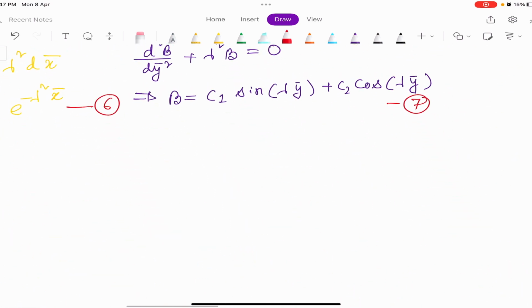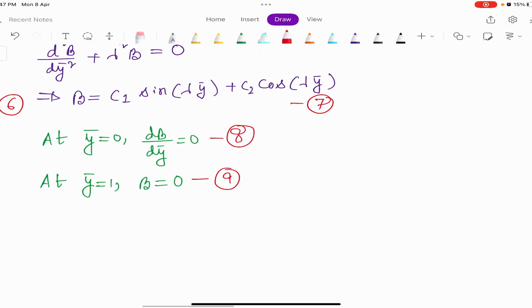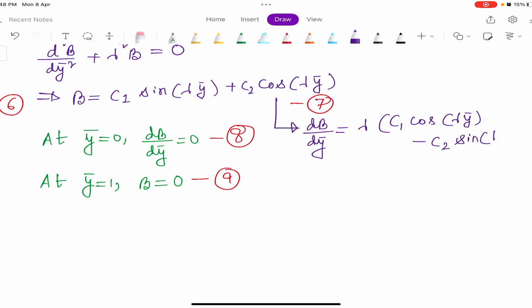Equation 2 and 3 are saying that at y bar equal to 0, dB/dy bar is equal to 0, and at y bar equal to 1, B is equal to 0. Correct? We have to just replace theta by B, nothing else. So this is equation 8 and 9. To apply equation 8 on 7, we have to find the derivative. From this equation dB/dy bar will be lambda common, then C1 cos of lambda y bar minus C2 sine of lambda y bar,